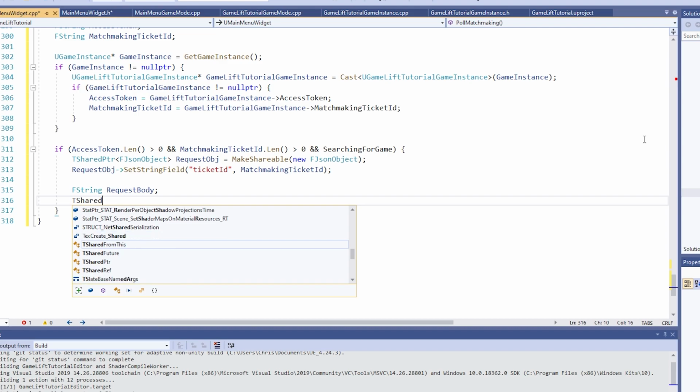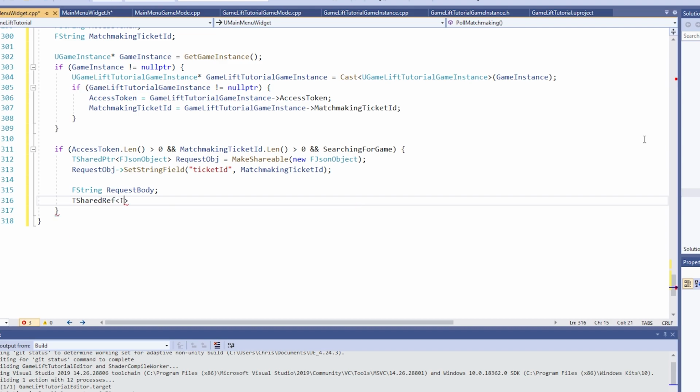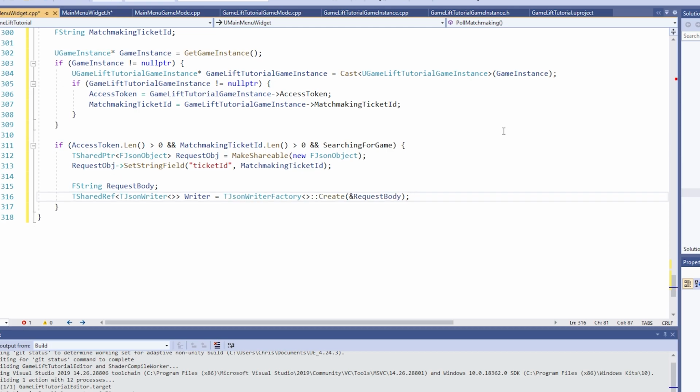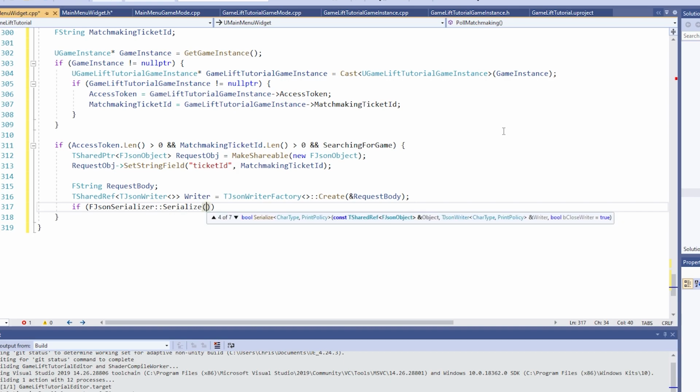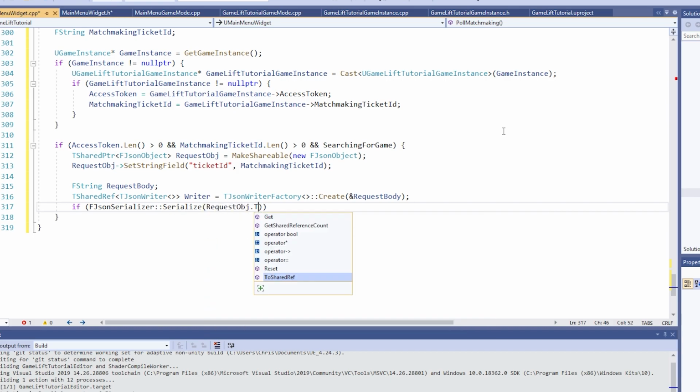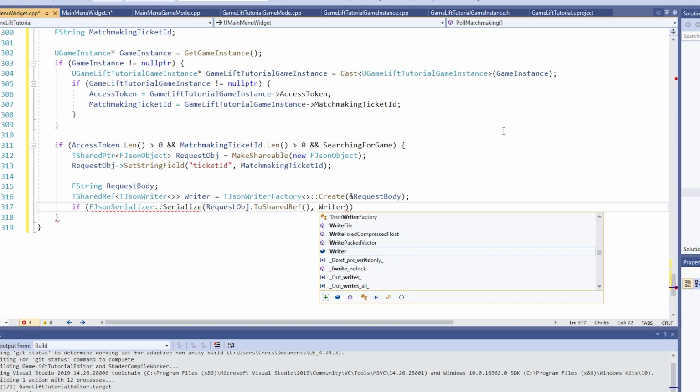So type out TSharedRef in carets TJsonWriter, then in carets, and then we'll call this variable Writer, and we'll set it equal to TJsonWriterFactory, carets double colon Create, and then in parentheses ampersand RequestBody. Now let's perform the serialization and check if it was successful by typing if in parentheses FJsonSerializer double colon Serialize, and then pass in parentheses RequestObj.ToSharedRef(), comma, Writer, and then